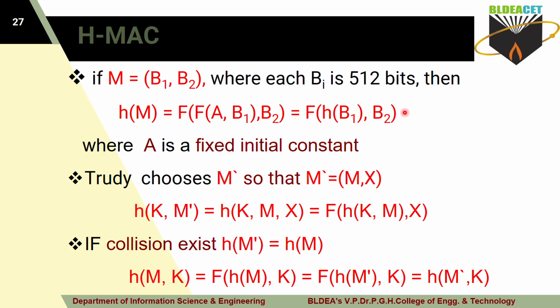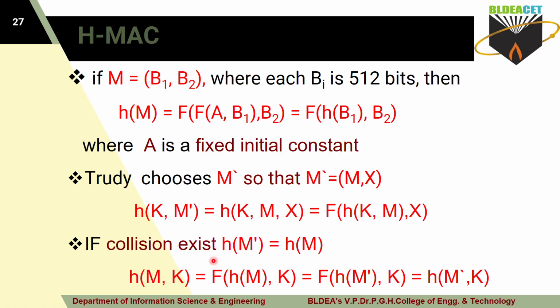So as per the concept of Tiger hash, if you know the function, yes, it is possible to move to the next blocks here. Okay, so if Trudy guesses what the key is, then it is very simple to get back the message here. That happens if a collision exists. If a collision does not exist, then guessing the key is highly impossible here. So if a collision exists, for example, collision means what? If this evil message hash value and your innocent message hash value are the same, at that time you call it a collision here.